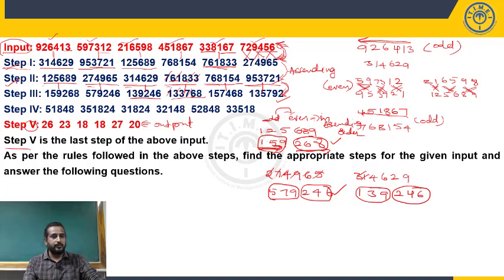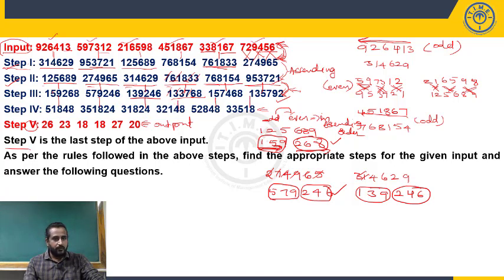No. Now let us come to step 3 to step 4. What happened from step 3 to step 4? 159268. Do you have that number? No, we don't have. 579246? No. 139246? No. You can simply say that here we have 6-digit numbers, but here they all become 5-digit numbers. So the complete set is different. Again, one on one corresponding numbers have to be checked. The logic in the corresponding numbers is to be checked.